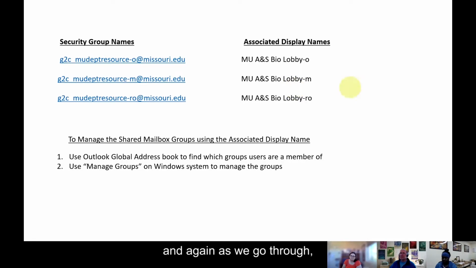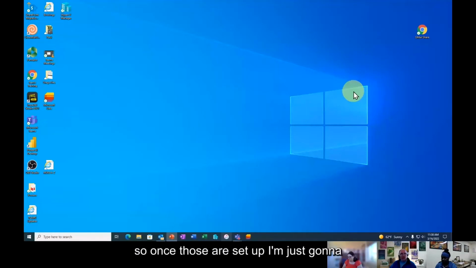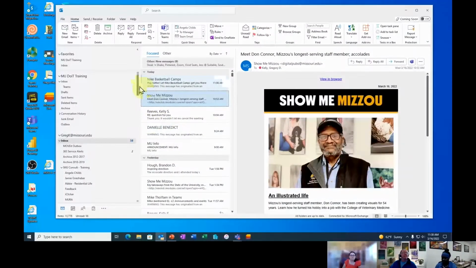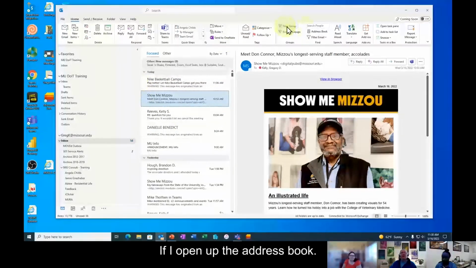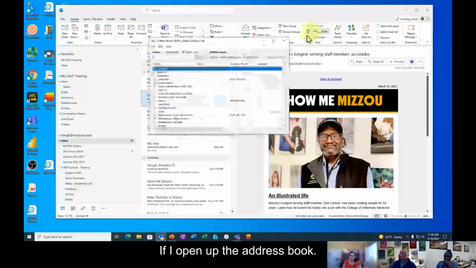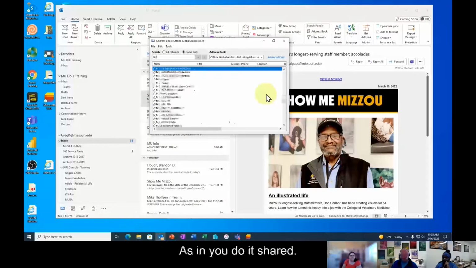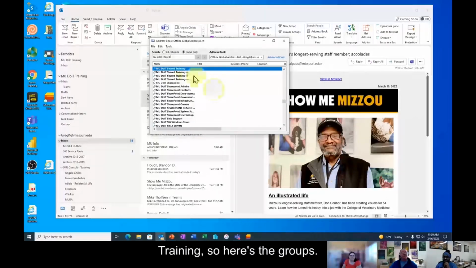Anything else? And again, as we go through, if you have other questions, be sure to let me know. Okay, so once those are set up, I'm just going to show you what this looks like in Outlook. I'm going to open up Outlook. If I open up the address book, I can go out here and find one of these groups. Is it MU DoIT shared training? So here are the groups I can easily see in here, and I can open up this owner group, double click,